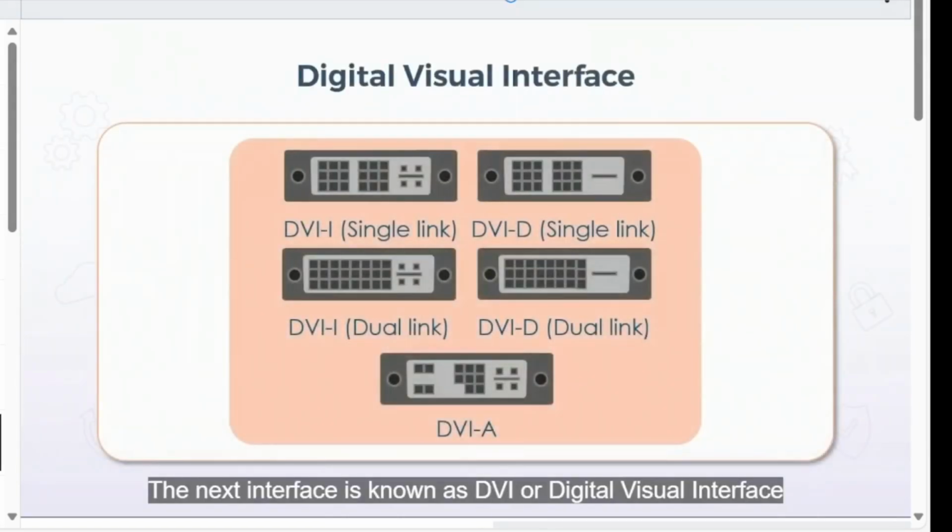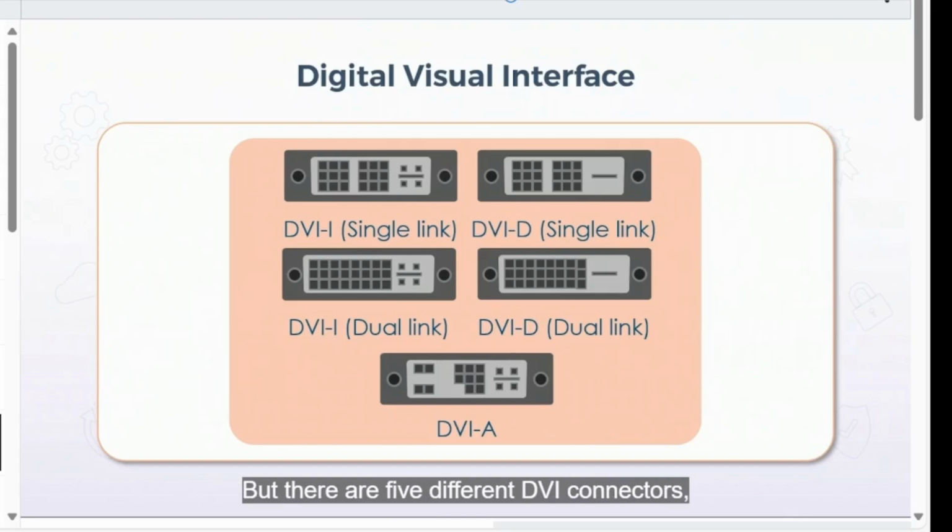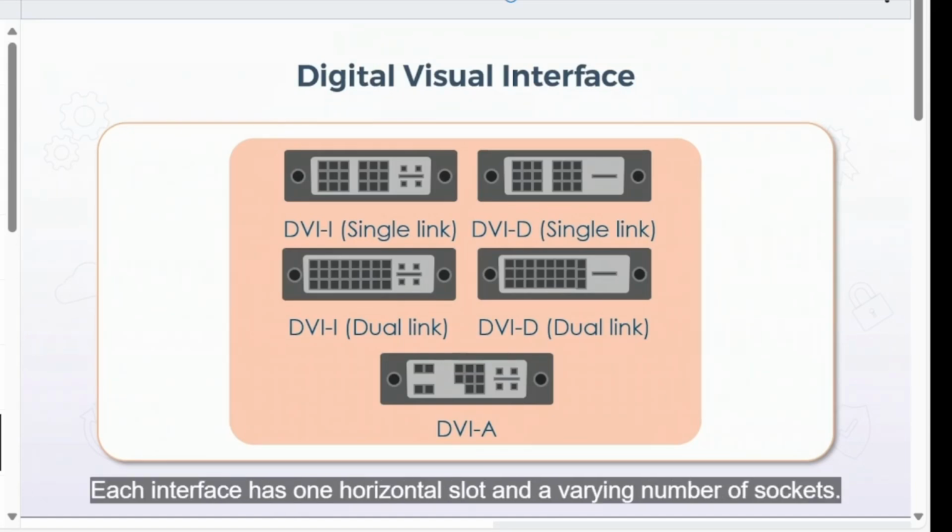The next interface is known as DVI, or Digital Visual Interface, and as its name indicates, it uses a digital signal. But there are 5 different DVI connectors: DVI-I single link, DVI-D single link, DVI-I dual link, DVI-D dual link, and DVI-A. Each interface has one horizontal slot and a varying number of sockets,